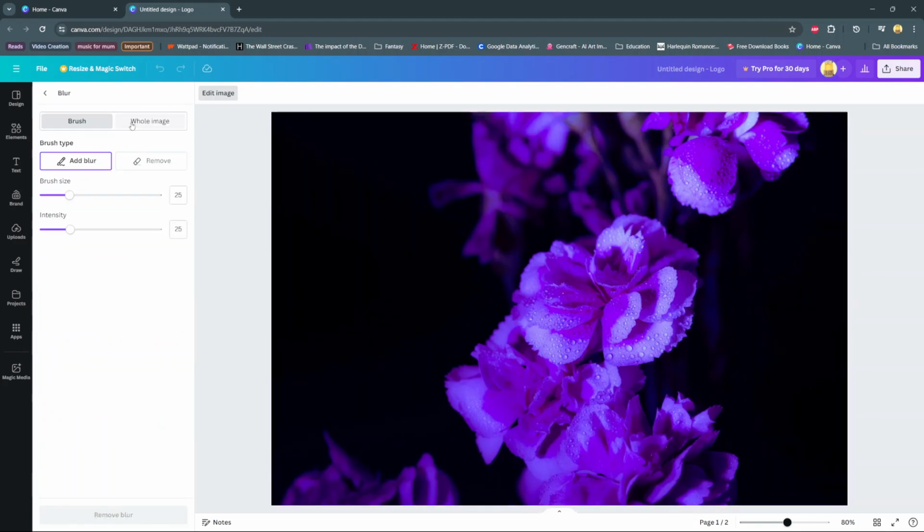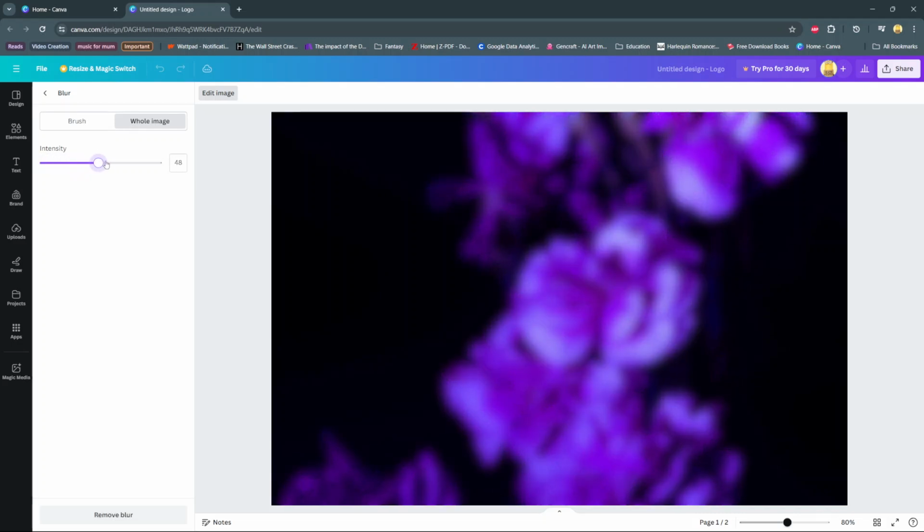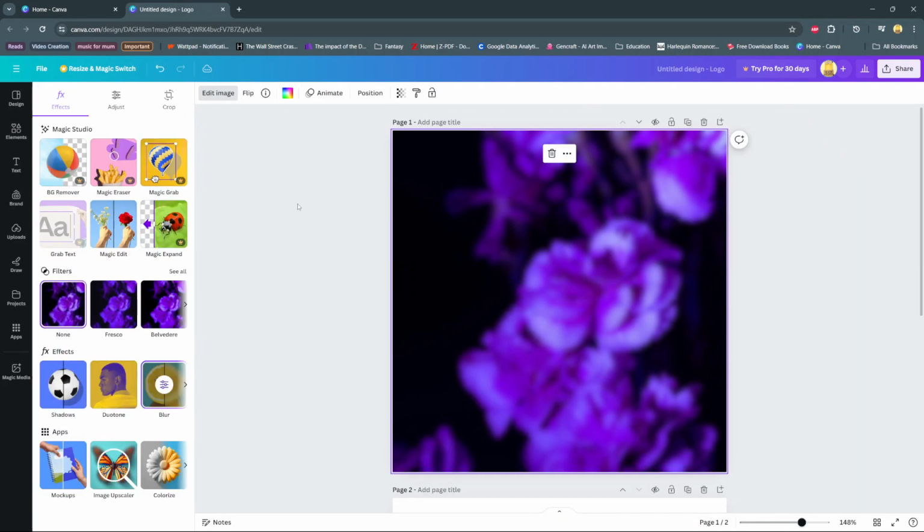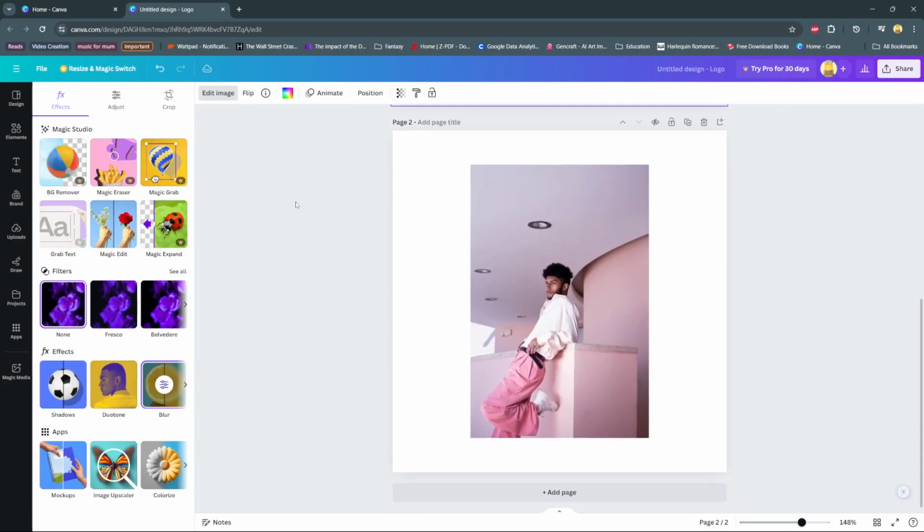Under Blur, you should see the option Whole Image. So choose that, then you can now use the slider to increase or decrease the intensity of how you want the blur to be. Another way you can blur your image is by blurring a specific part or blurring the